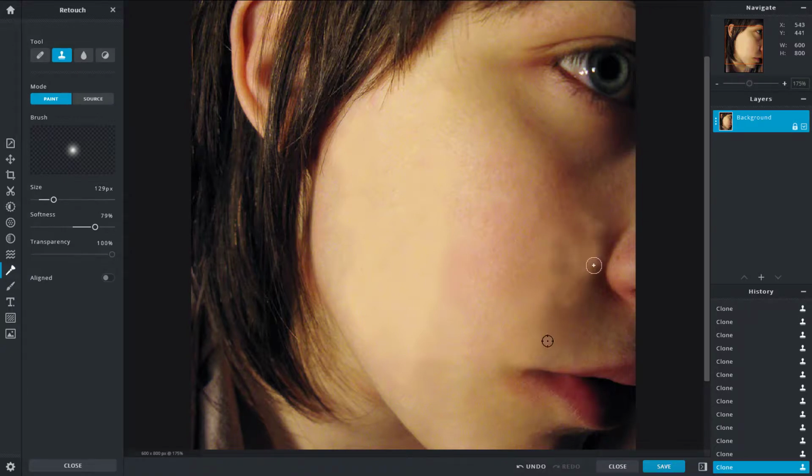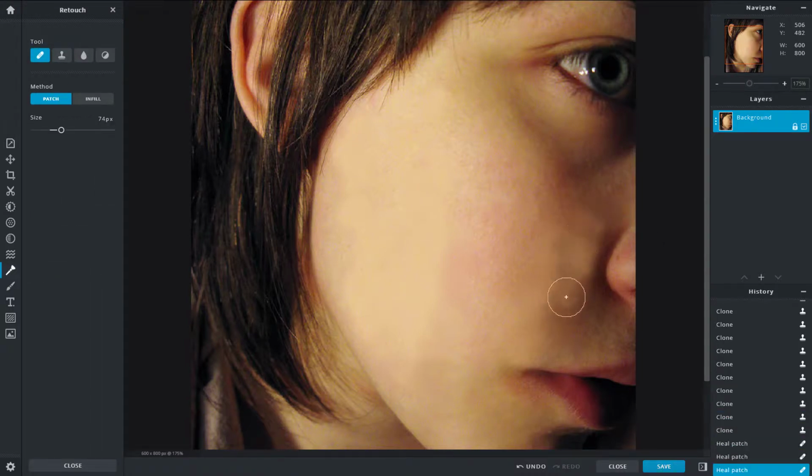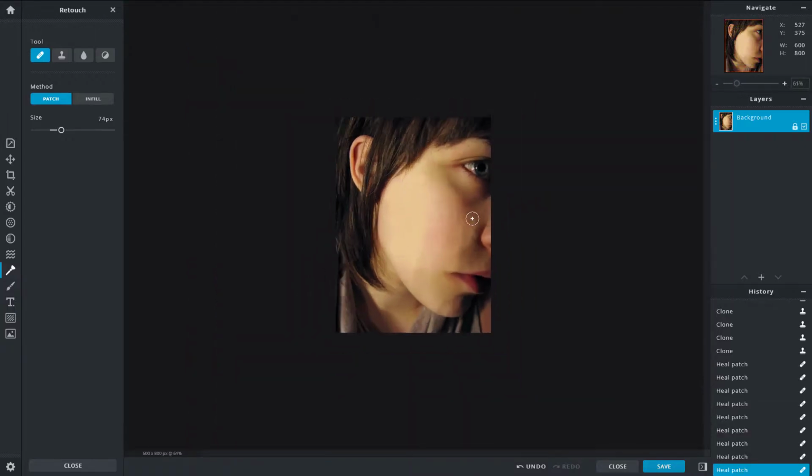Make it a bit softer right over here. And then let's take a few tries, like I said, and a bit smoother, as you can see right over here.